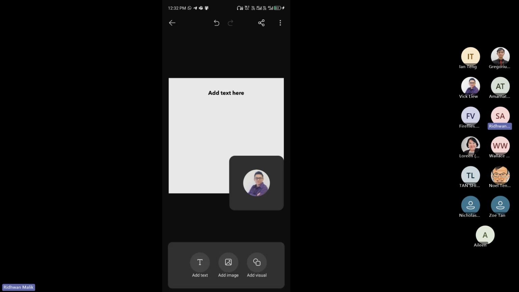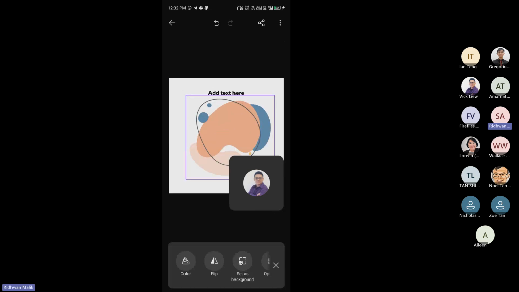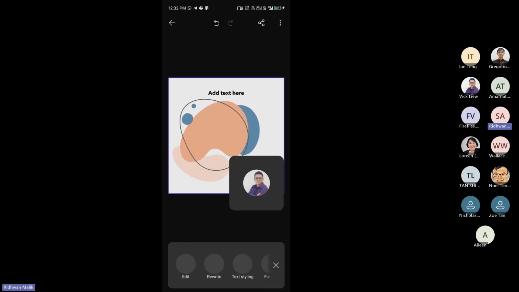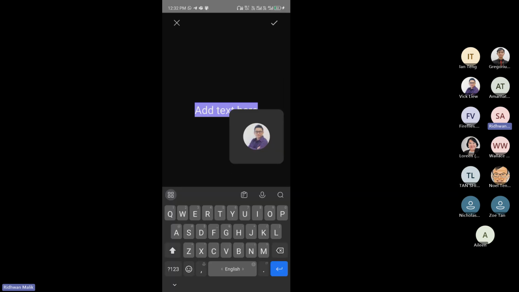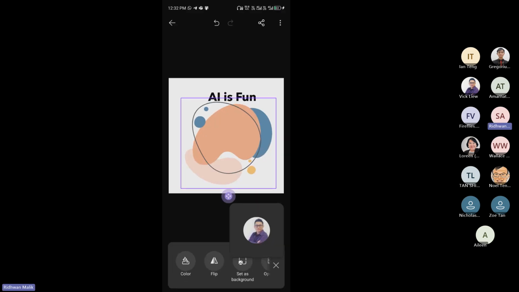So let me just go back. I can add visuals. Any visual that I have here, maybe an organic shape, I can add this one. I can make this bigger, right? And then I just edit this text. So I can edit, right? I can change... AI is fine, right? So let me just make it easy then. So yeah, it's easy now. You can just do it by phone, right? So with Designer, right,